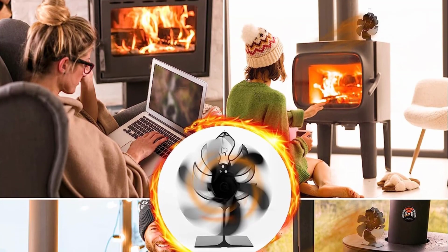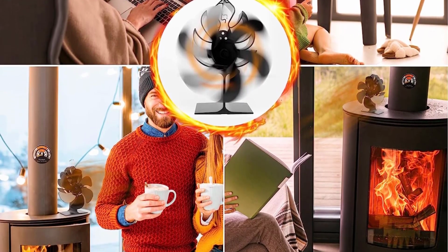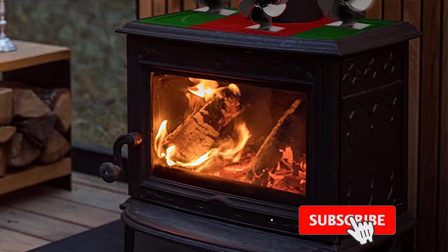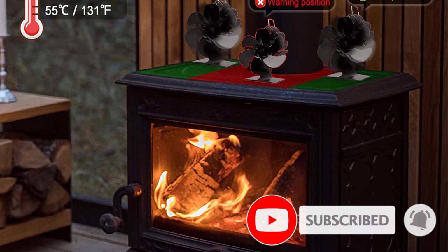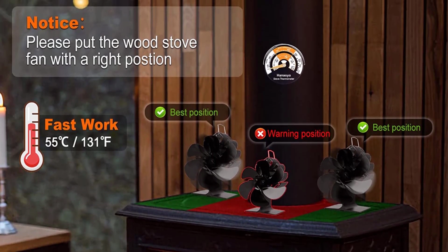Minimal maintenance, including dusting off the blade and pouring oil on the blade shaft occasionally for a smooth and quiet operation. It has more efficiency of 55% of air circulation throughout the room. Warranty: while warranty is not specifically mentioned on the product page,